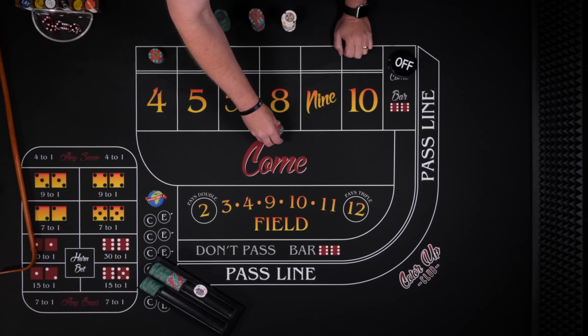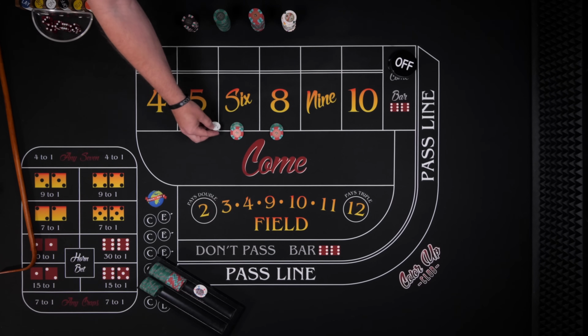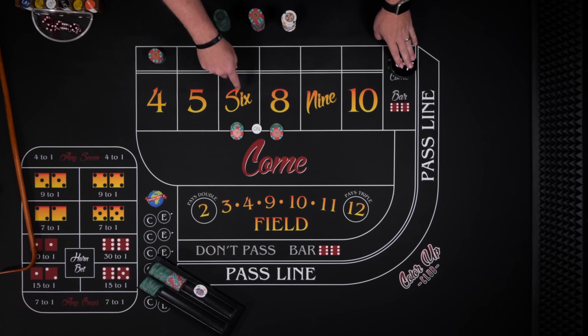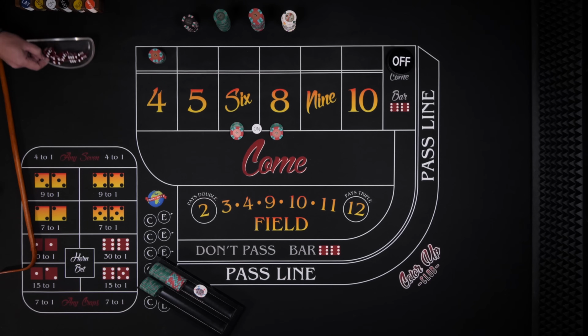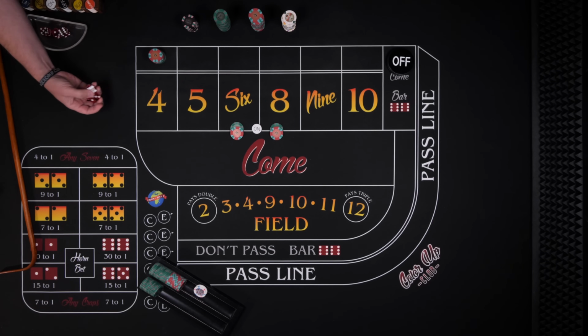Tell him to give you a $30 6 and 8 working on the come out. So they'll put a little button on it, or they'll mark that even though the puck's off, these bets are working. All right, here we go. Let's see what happens. And again, we're not worried about the 7 because this protects it. We just don't want to see